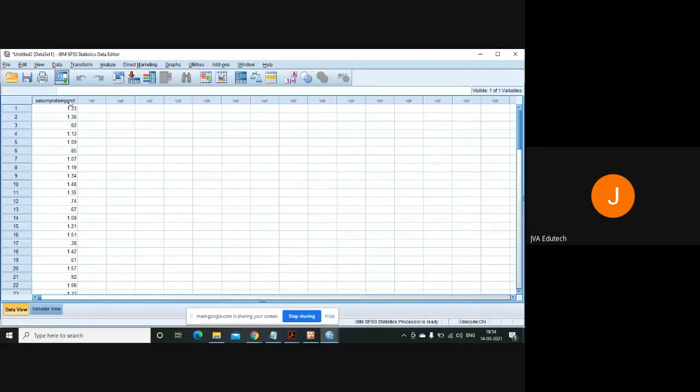Now this file is open, and it is actually the calculation of serum protein from a group of participants. The serum protein has been taken on a ratio scale. Since it's metric data, we will go for checking our assumption of normal distribution. If it had been non-metric or categorical data, there would be no need to check for normal distribution because it won't be normally distributed. So if you have taken data on interval or ratio, that is the metric scale, then only check for normal distribution.